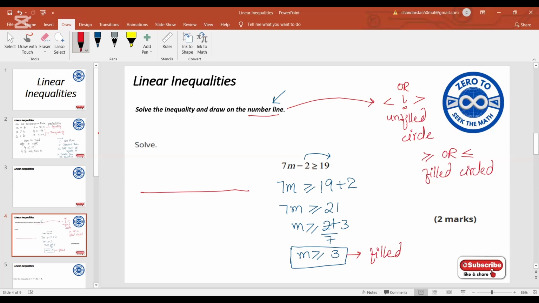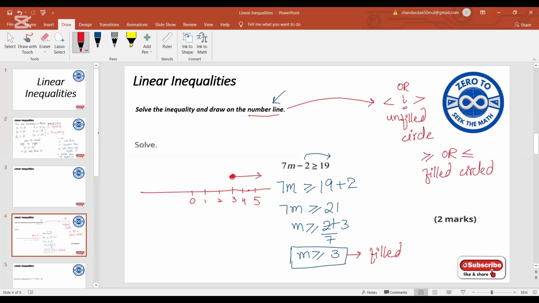Let's say I have a number line, टेढ़ी मेढ़ी है। So 1 2 3, मेरे पास है m is greater than or equal to 3, यानी कि 3 से बड़ा है। तो for example let's say we have 4, अगर इसको थोड़ा एक्सटेंड करें तो 5। नंबर लाइन आपने स्केल से बना लेनी है। अब कहाँ रुकना है, 3 पे। यहां हमने 3 पे रुके because m is greater than or equal to 3, और उस सर्कल को फिल कर लिया। ग्रेटर इक्वल टू है, तो इसका मतलब है ये पॉइंट शामिल है। और ग्रेटर का मतलब है कि हमने पॉजिटिव वैल्यूज की तरफ जाना है, इससे बड़ी वैल्यूज पे जाना है। So this is how we can show in the number line, इस तरह हम लोग शो करते हैं नंबर लाइन पे।